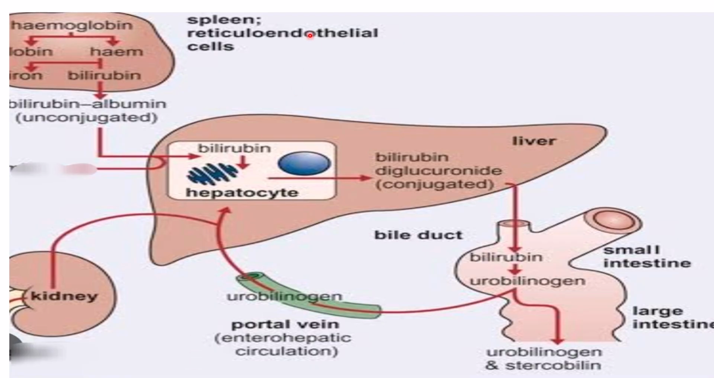The whole process is summarized in this diagram, where old red blood cells are broken down in the spleen, and the hemoglobin component is broken down into heme and globin. The globin, which is a protein, goes back into the blood, while the heme component breaks down into bilirubin, which is mostly unconjugated. The unconjugated bilirubin gets into the liver and becomes conjugated, and then is excreted into the